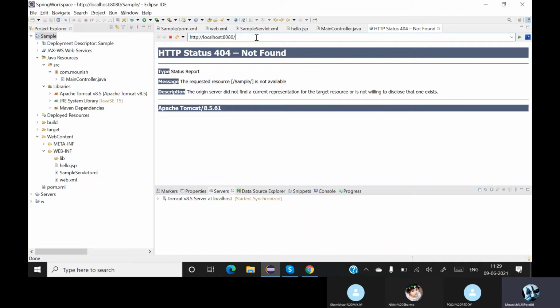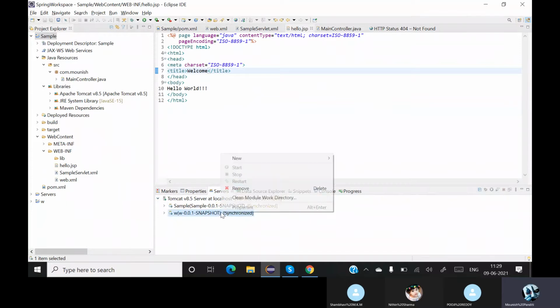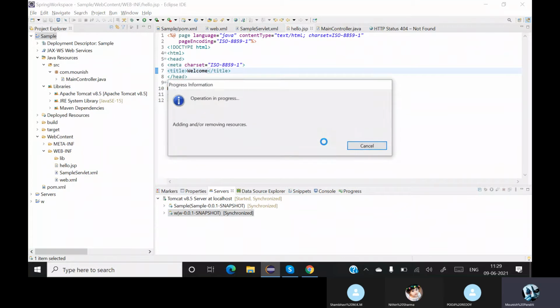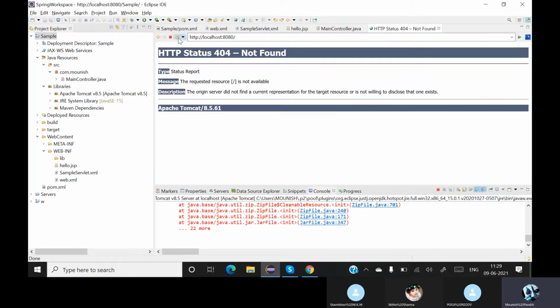Okay. So let me remove this. Run this again. So now if you see over here, it is basically giving me a very good error. It is telling me that it's a 404 error. So you need to solve this error right now. Go back. First check on what it is running. I'll remove this. Good. Now it is synchronized, started basically.